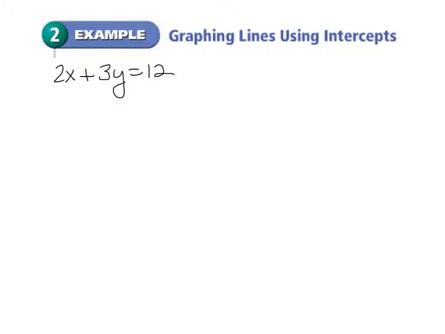Now, if you solved for the intercepts, you would have gotten 2x equals 12, so the x-intercept would have been 6, and the y-intercept would have been 3y equals 12, so the y-intercept would have been 4. So our intercepts would be 6 for the x and 4 for y. So then when you graph this,